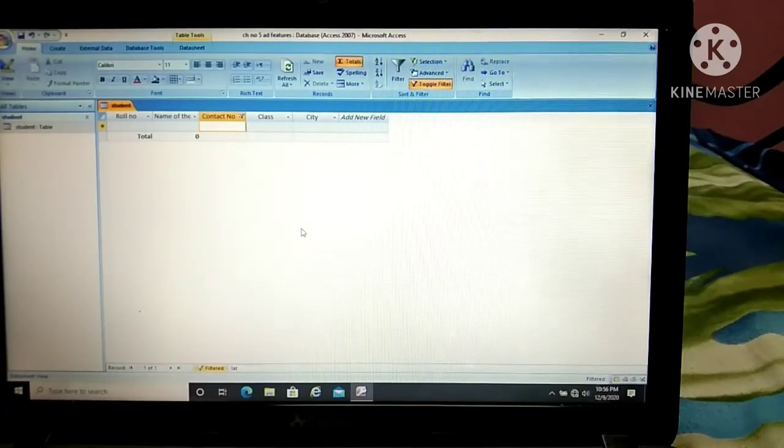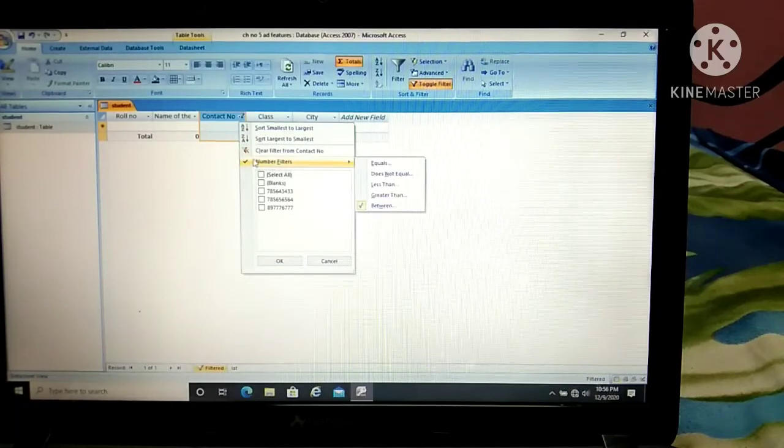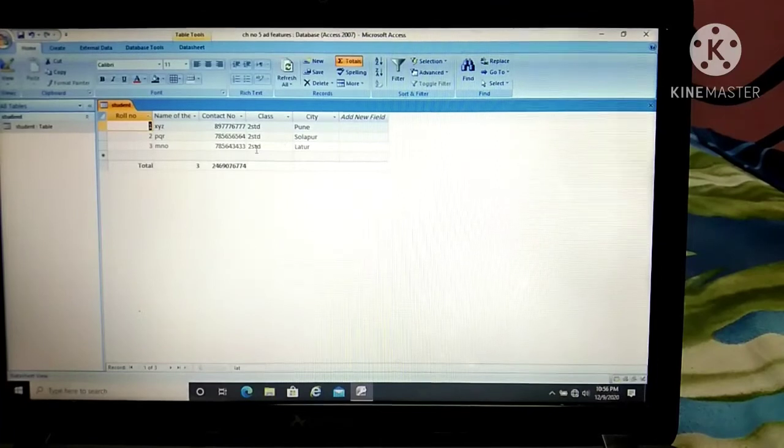So let's add a percentage field here so that you can understand what exactly this advanced filter does. Once I remove this filter, again I have to click on this arrow and click on clear filter from this contact number. Now here the add new field option is already there.